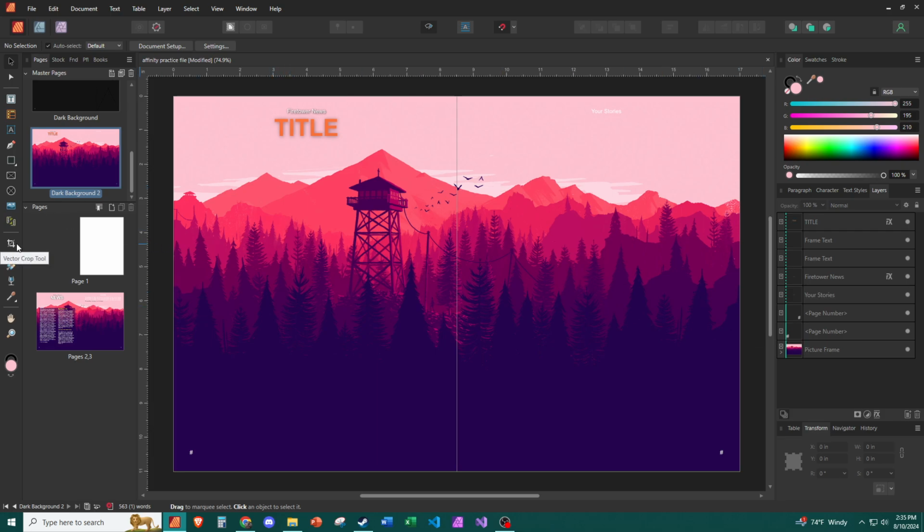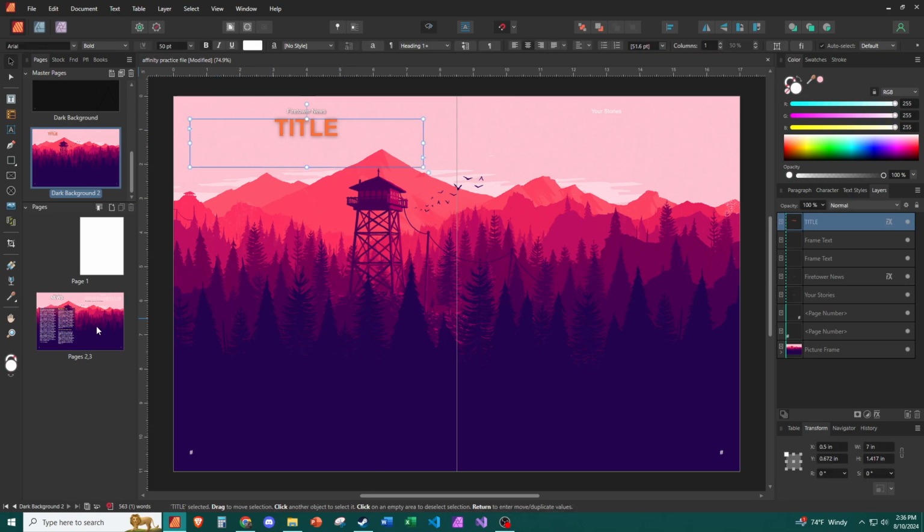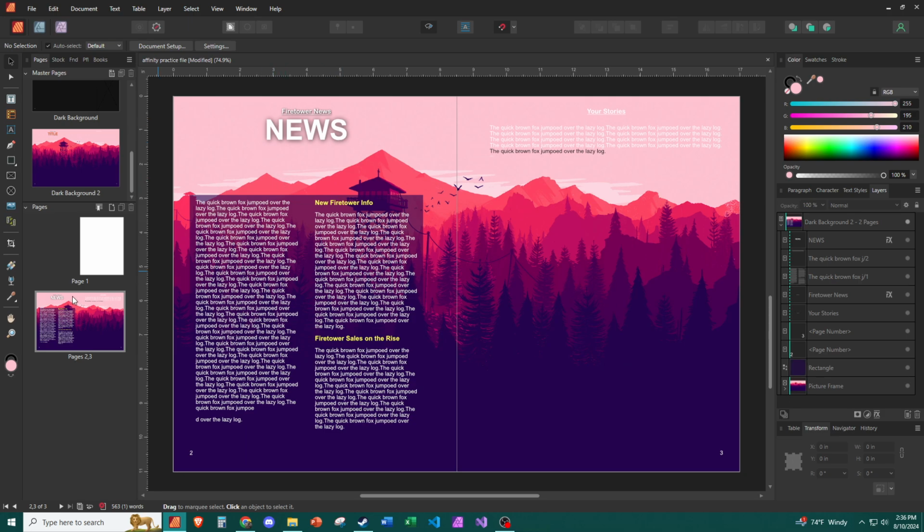You've got to be very careful, because while you can always hit Control Z and back up a mistake, we want to waste as little time as possible, right? So you can see, for example, the title here is orange, here it's white. In order for me to get them merged back, I'd have to apply master,